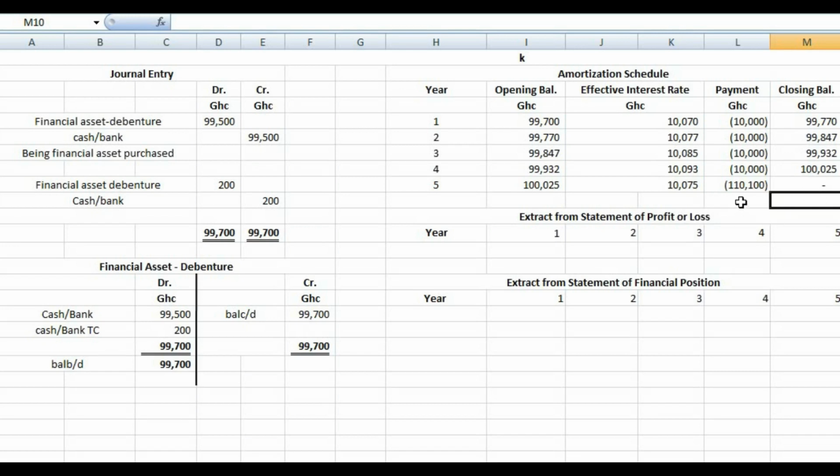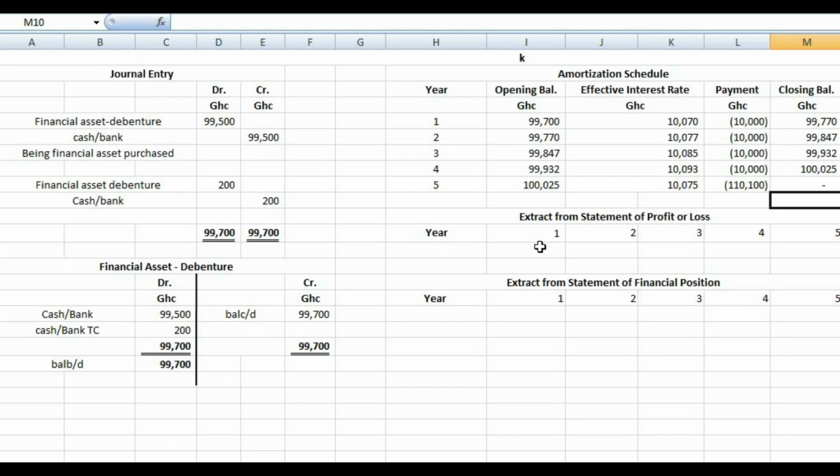So the standard hasn't really prescribed any form of doing it, but as we all know, we cannot put a figure there and explain it as rounding errors and other stuff. So we need to find a way to make it work, and this is one of the ways to make it. All right. So we are almost through with this question, and the most important thing is what we are